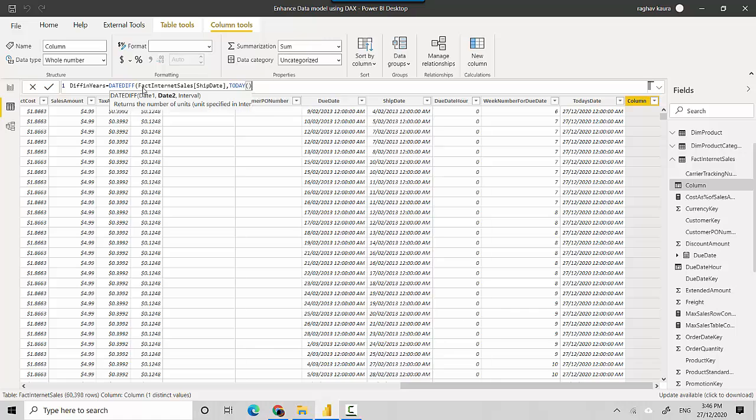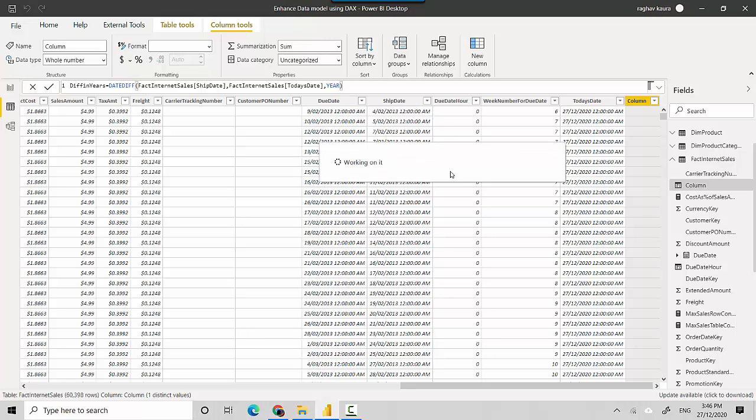I could have used the TODAY function here, but I've already created the column, so we'll just go with this. Then I can select what difference I want. At the moment I want year, and there are multiple options. So if I hit enter,